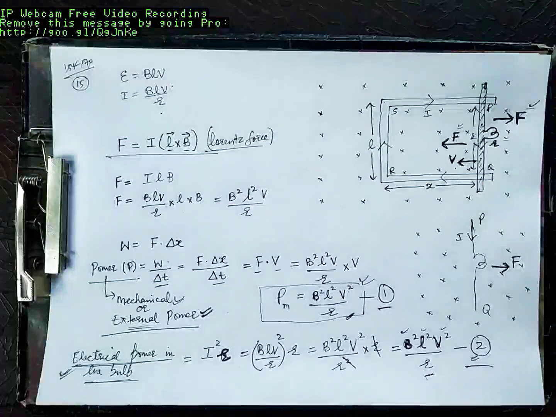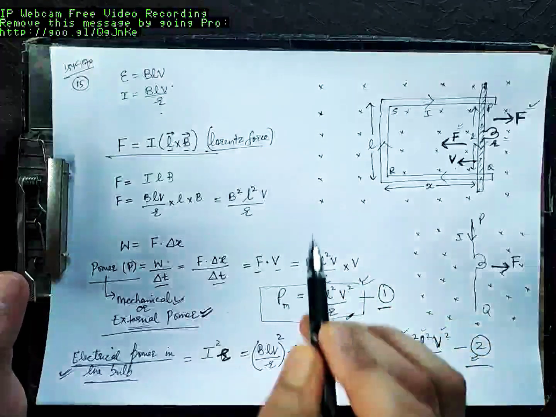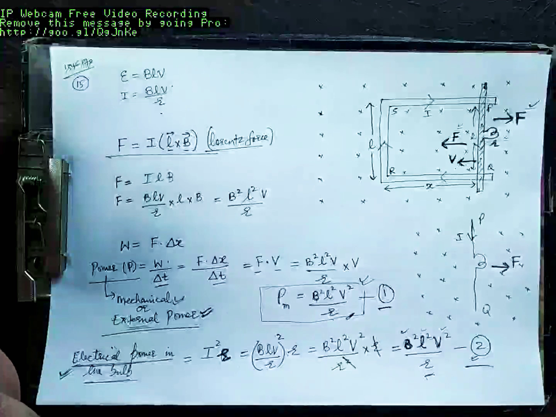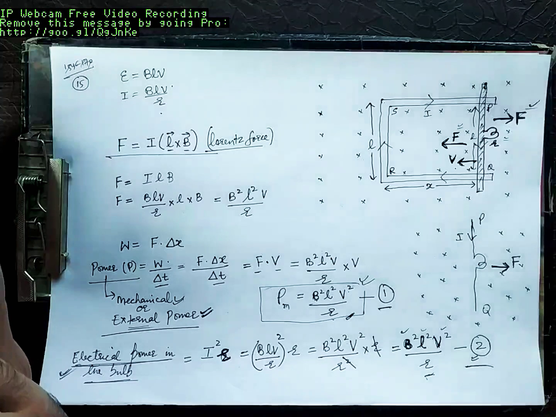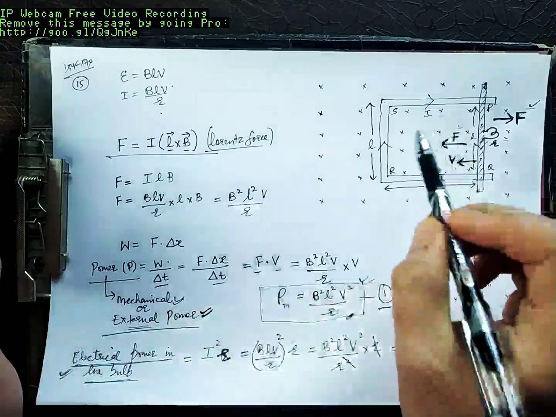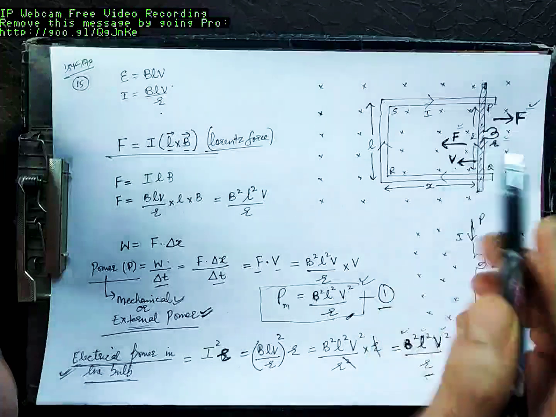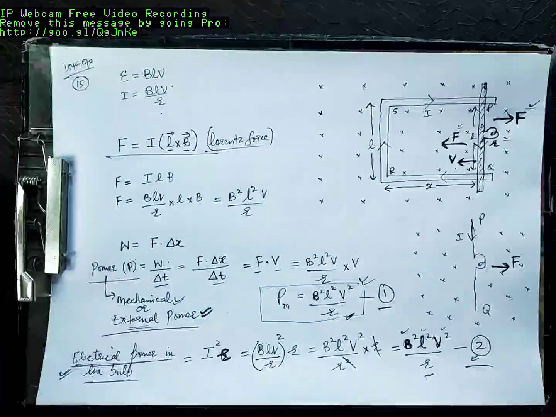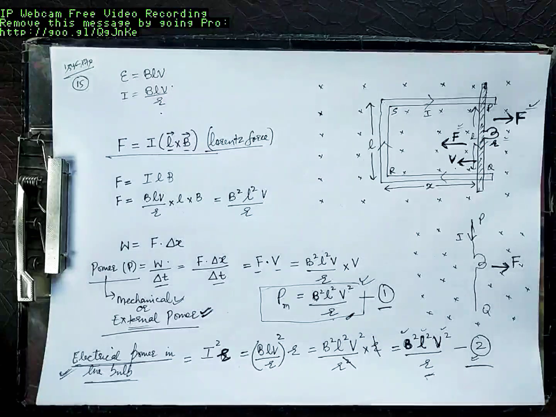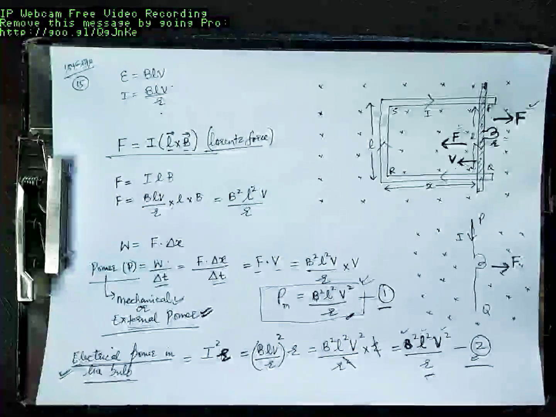So the crux of today's lecture is that all this follows from the principle of conservation of energy. In order to increase the output electrical energy, the input mechanical energy has to increase. And in this whole motional EMF concept, you are basically converting mechanical energy into electrical energy, or mechanical power into electrical power. This is how real generators actually work, with some slight modifications for the rotation or the linear motion. We'll come to that in the next 5 lectures.